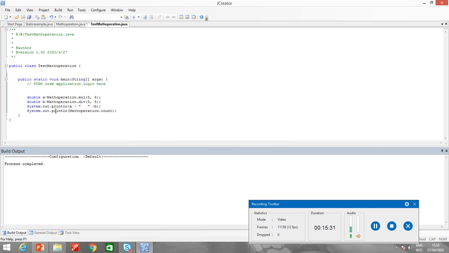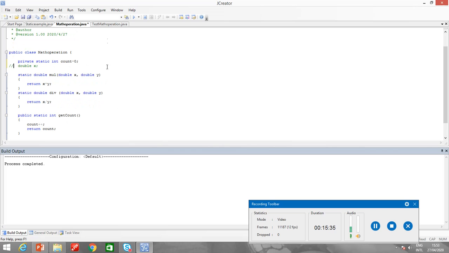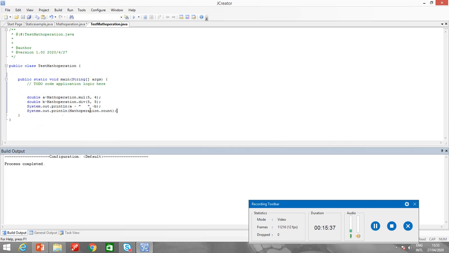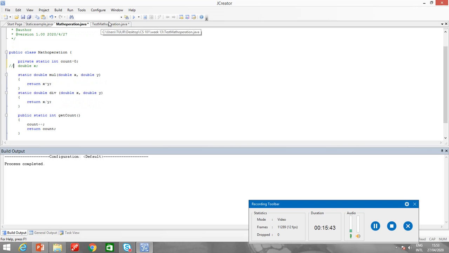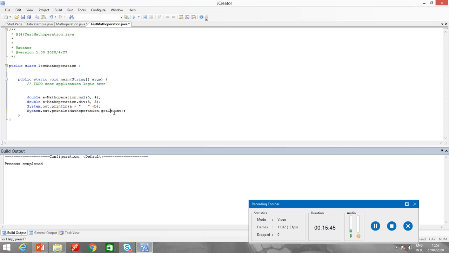So now what I need to do is call the getCount method over here, with capital C in getCount. No need to create an object, just use the name of the class.